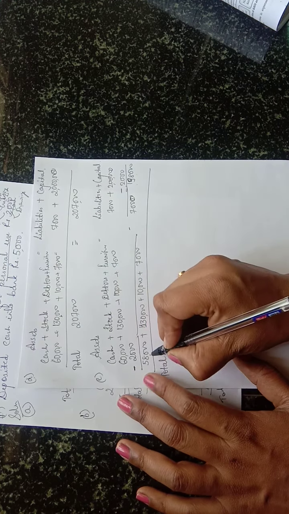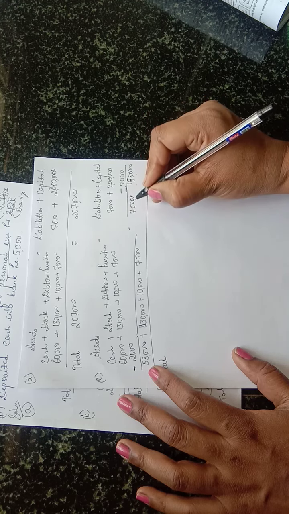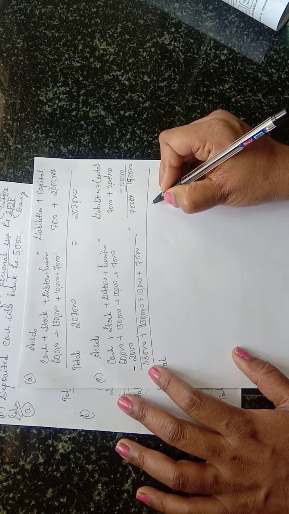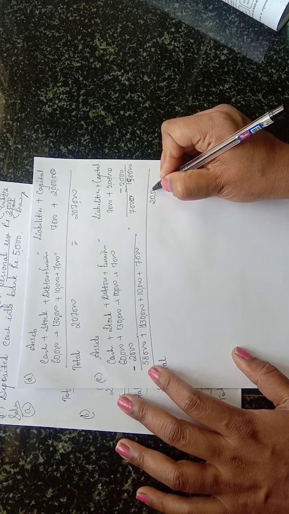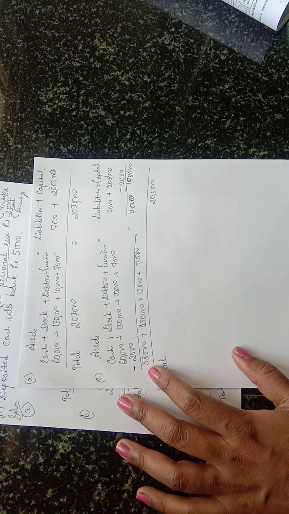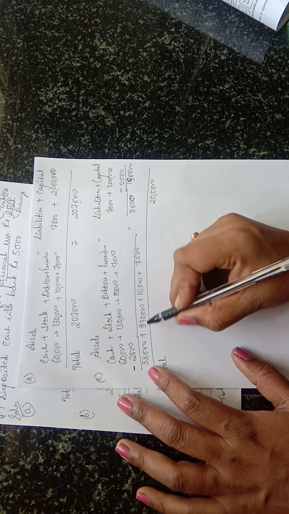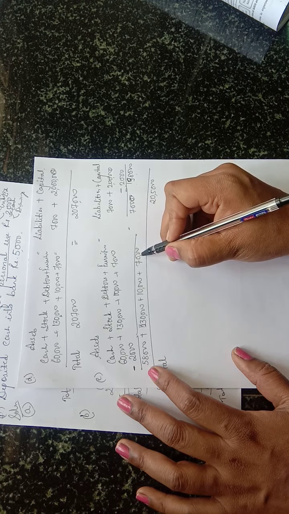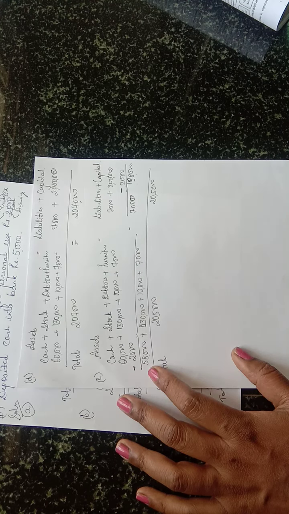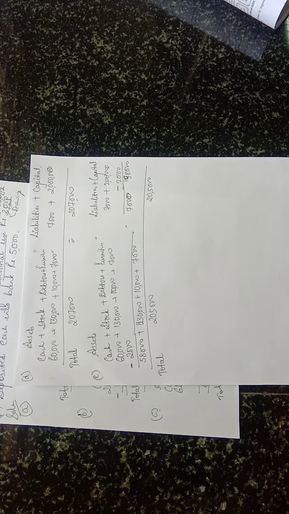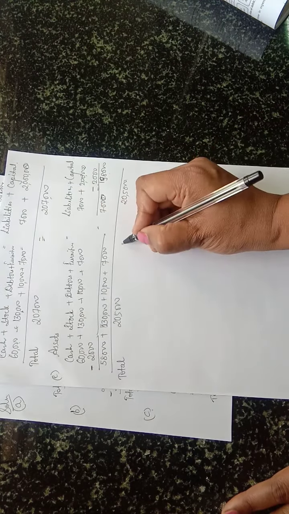Yes, 58 and here 98 plus 7. Okay, it will be around 2,05,000 here. 58 plus 130 plus 10 plus 7, 2,05,000. Okay. So these both are tallied. Next,